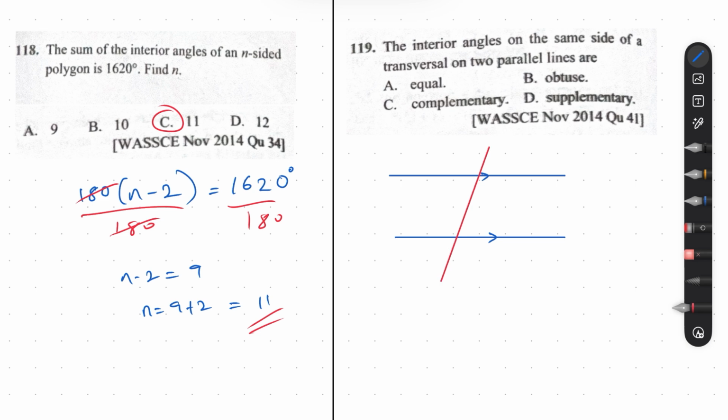Now the question says the interior angles on the same side, that is one angle here and another angle here, are what? So how are these angles called? Now we know that co-interior angles add up to 180. And we know that 180 means supplementary. So our answer is supplementary. So here our answer is D. Cool. All right, let's move on to question number